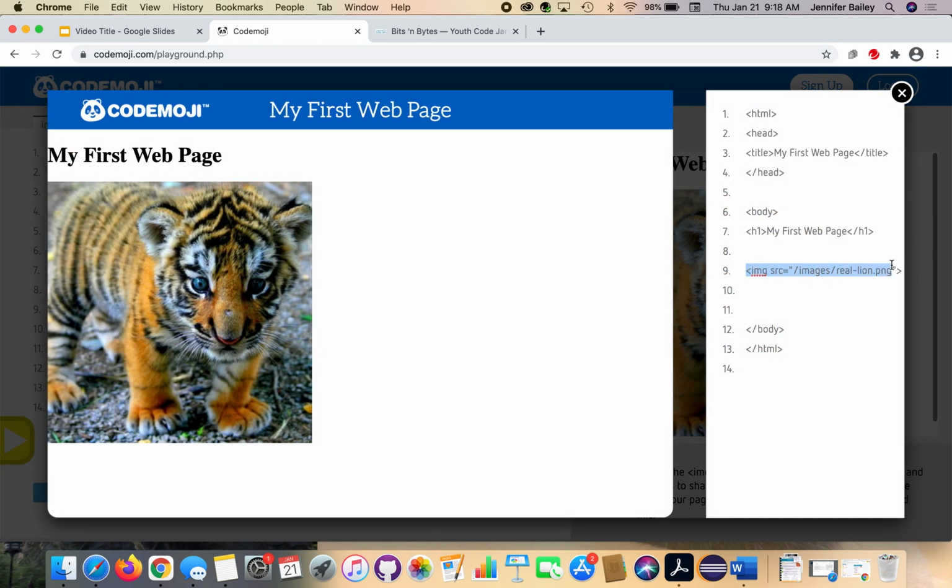So the image tag is a special tag. It only has one tag involved. It's not a pair like body or the H1 or the head. So like all the other ones, we had an opening and closing tag. The image tag is, let's call it, self-encompassing. And because it only is one tag, we actually use an attribute called source and link